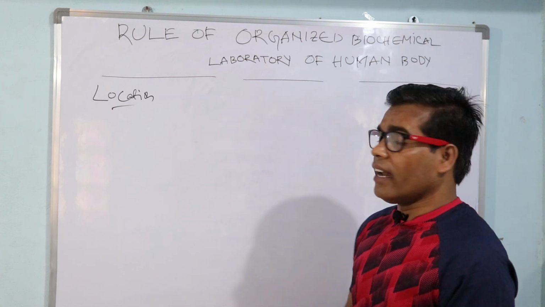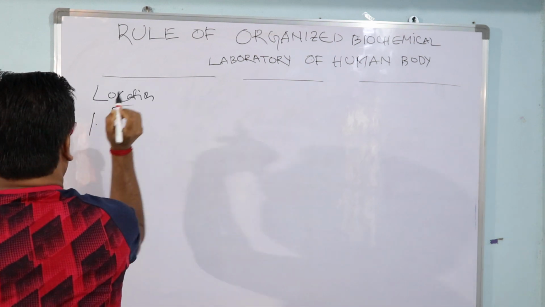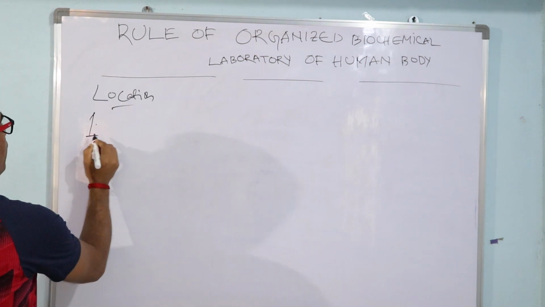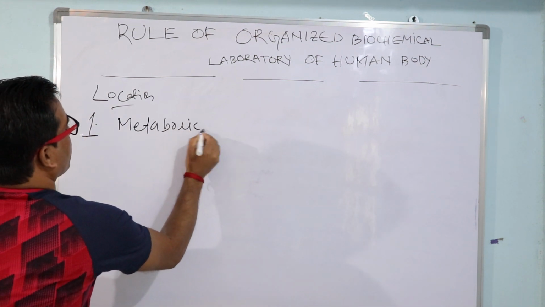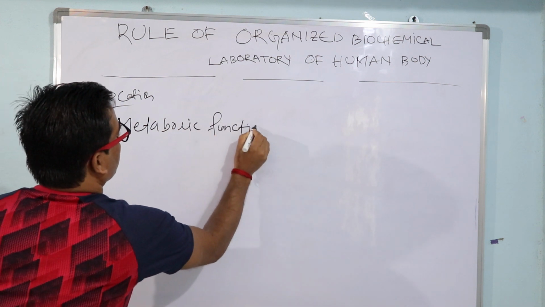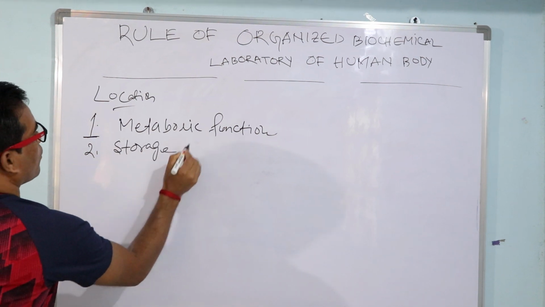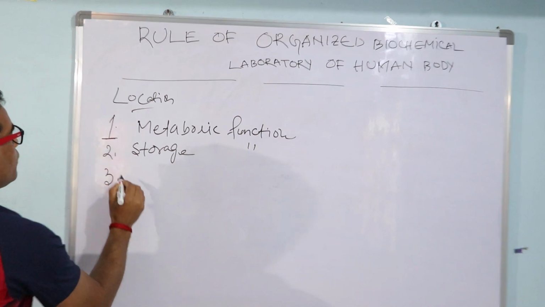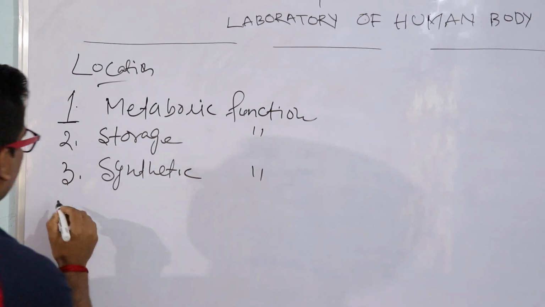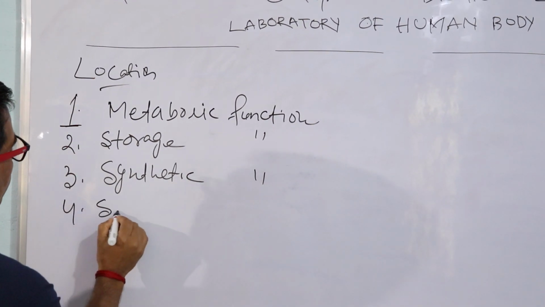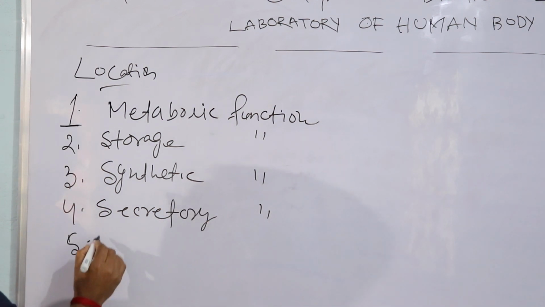So now what is the role of that? What are the major functions of the liver? First, metabolic function. Second, storage function. Number 3, synthetic function. Number 4, secretory function. Number 5,